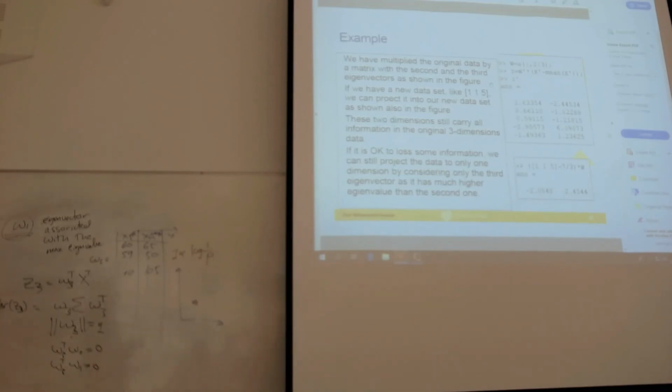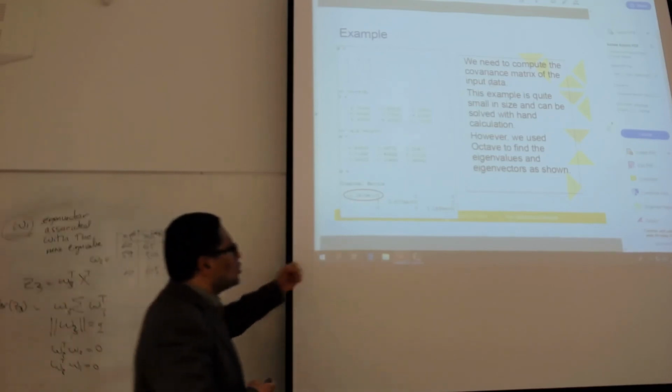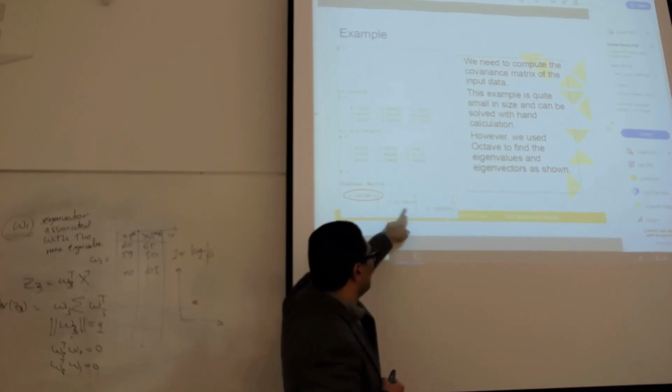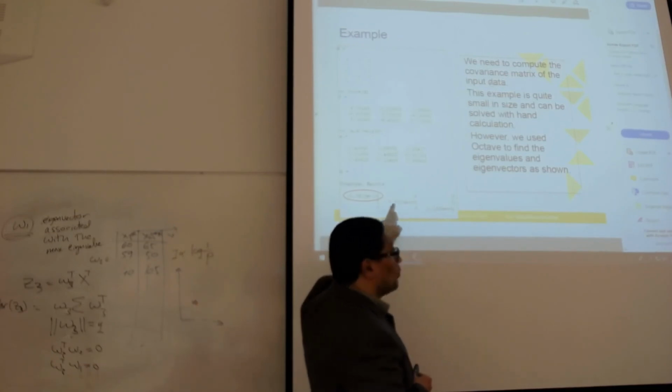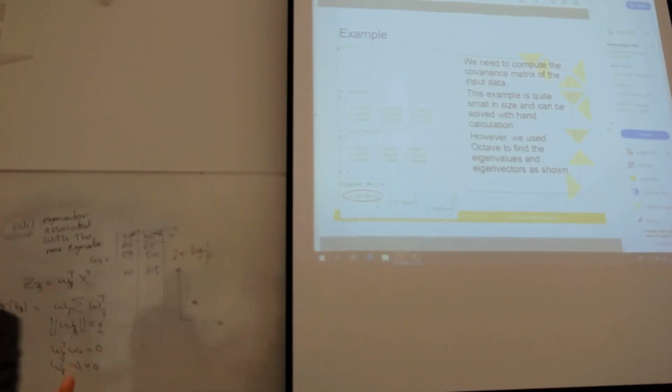Why is it all the information? As I said, because I removed only the one which has 0 variance, or 0 eigenvalue. In that sense, I didn't lose any information. Okay. If you also remove the second eigenvalue, because it looks much smaller than the third one, the third one being 21 and here only 2.6, so if you decide to remove this one also, you will lose some information. You will lose some information, but still the highest information is still there.